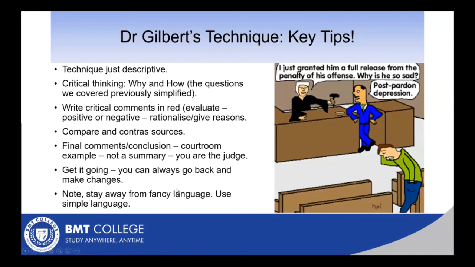Okay, so the technique that I showed you was just a descriptive. We had to add critical thinking. We needed to ask why the author said certain things and how did they arrive at their conclusion. These are basically the questions of critical reading that we discussed earlier, just simplified. Then you will write your critical comments in red and evaluate both the positive and the negative, and you will